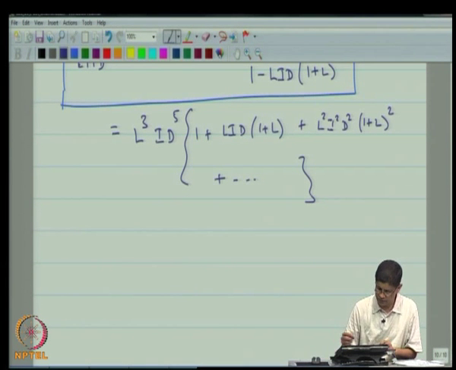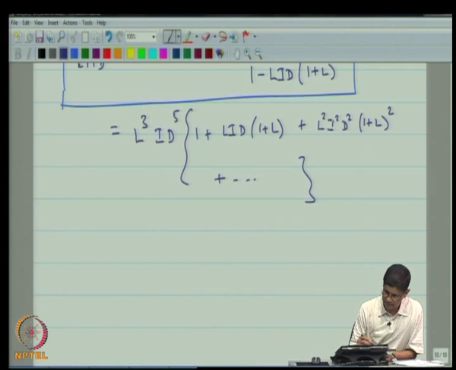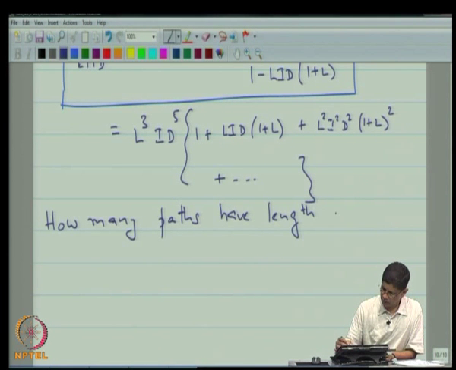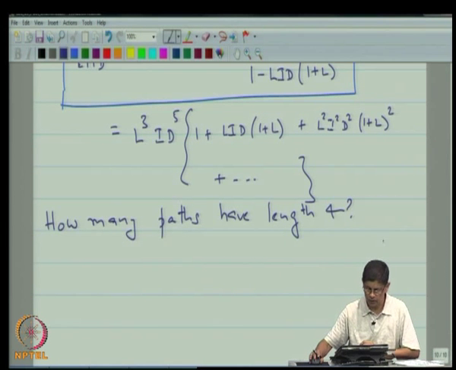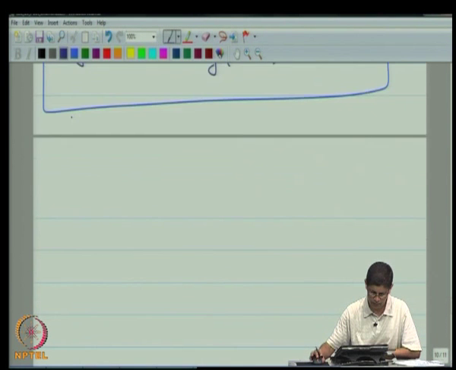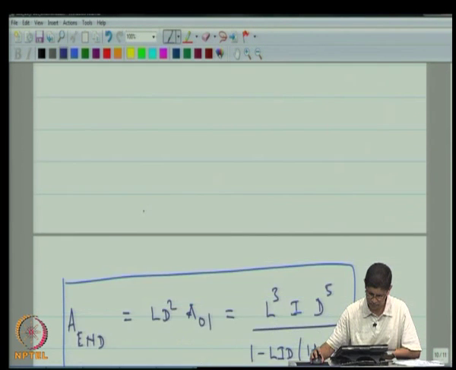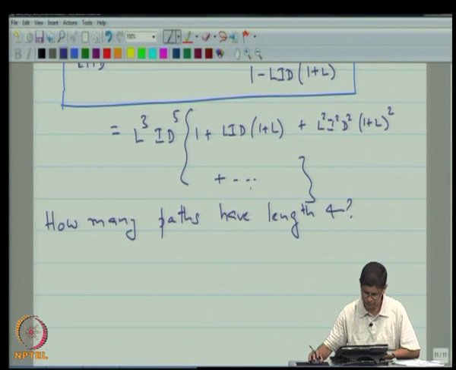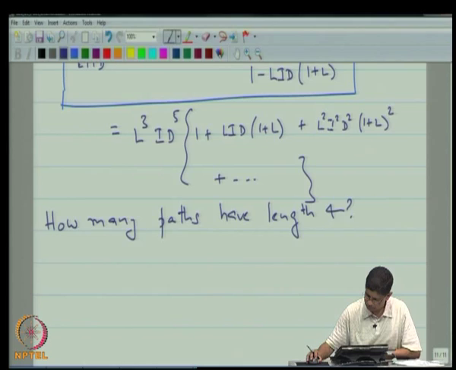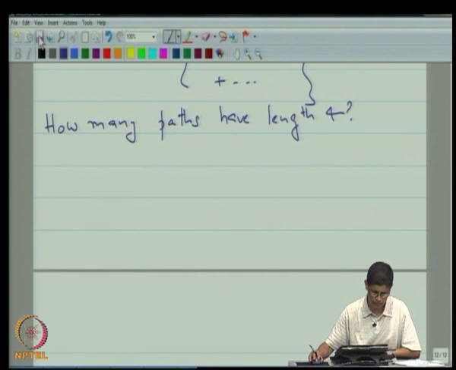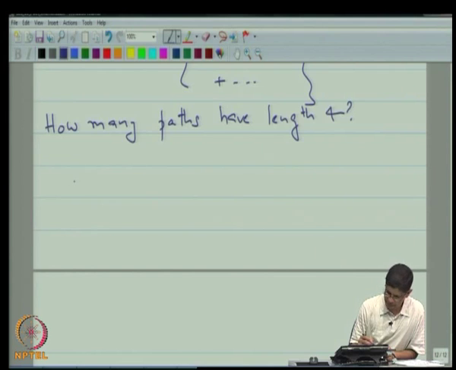Now, supposing I was interested in how many paths have length 4. That means that we are looking for the terms in L to the 4. So, our interest is thus